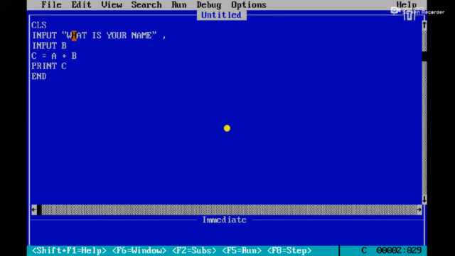The variable must end with the dollar sign. Is it clear, student? Here I am going to use a semicolon. I will explain the difference when we use a semicolon or a comma after the text of the input statement. I will show you, student. See here. The next one is input.